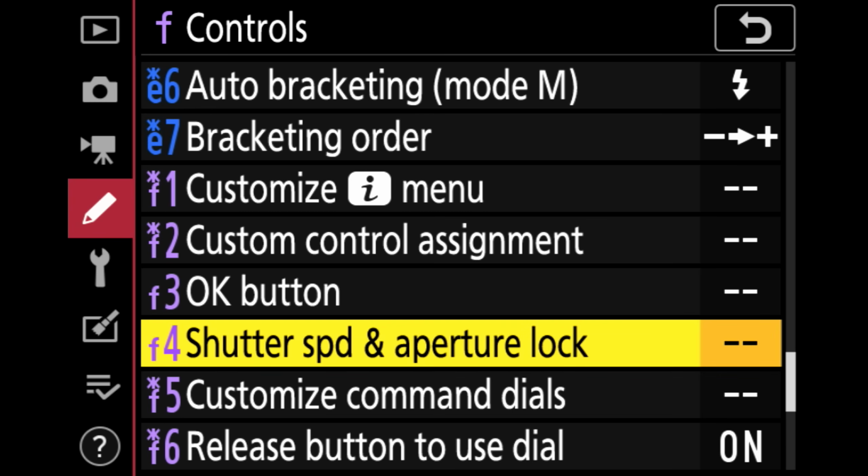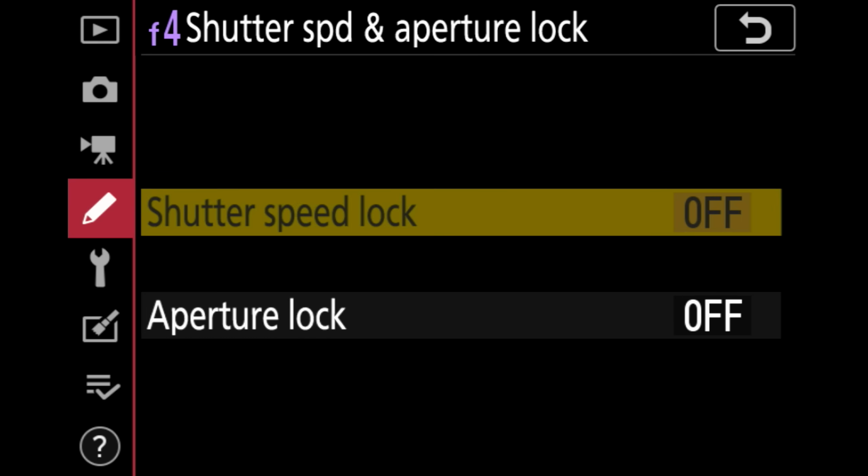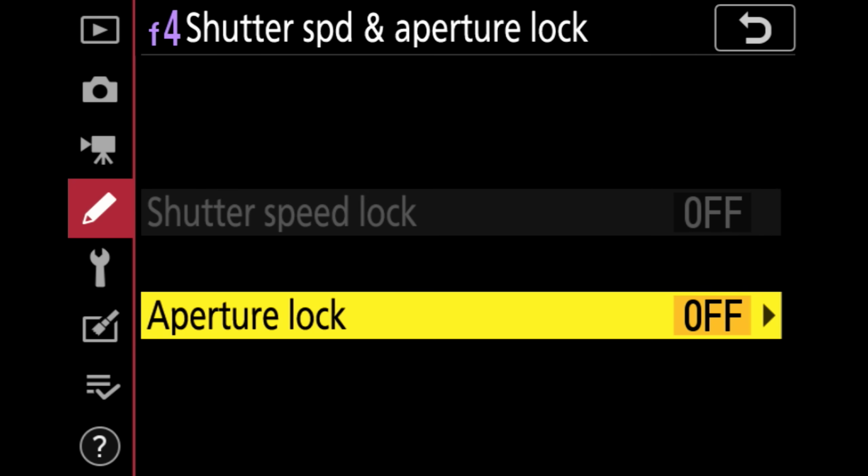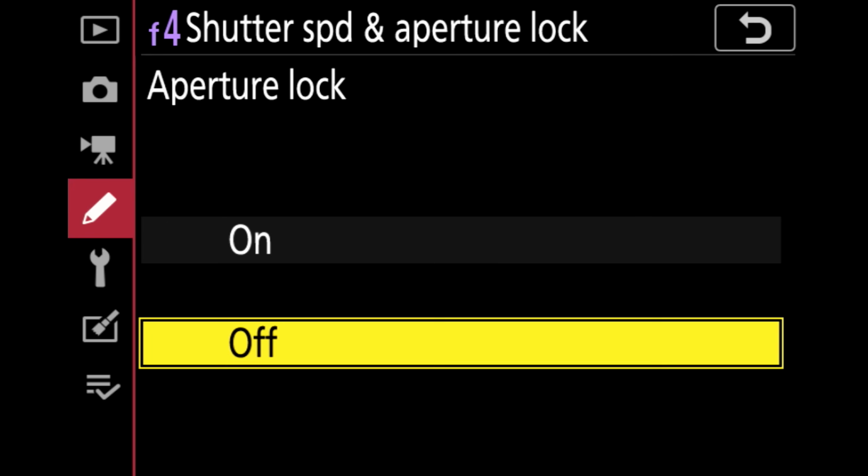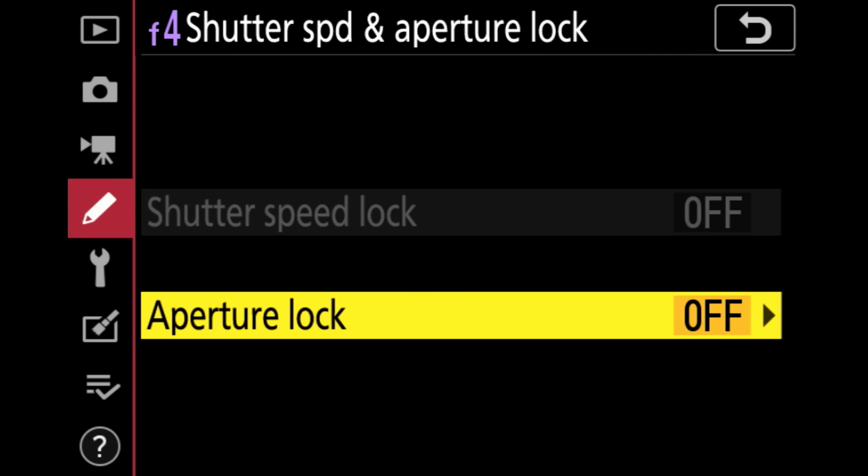Next is shutter speed and aperture lock. This is so you don't accidentally change a setting. Right now my camera is in aperture priority mode, so I only have aperture lock available to me. If I turn the command dial on my camera, I'll change the aperture. I could set this to on, and then it will lock that out, so I can't change the aperture anymore. So this is just if you're accidentally hitting aperture and you need to set it and leave it,